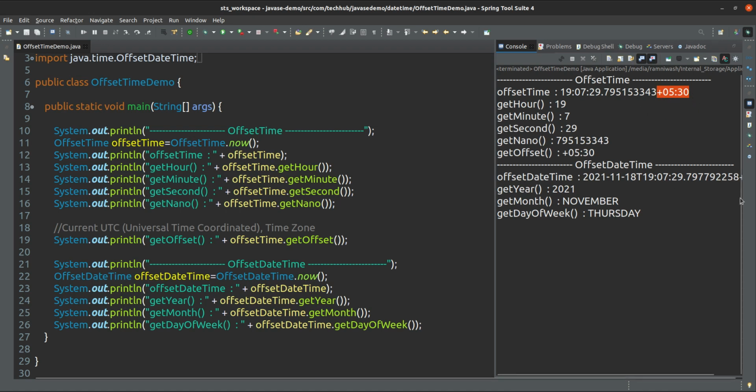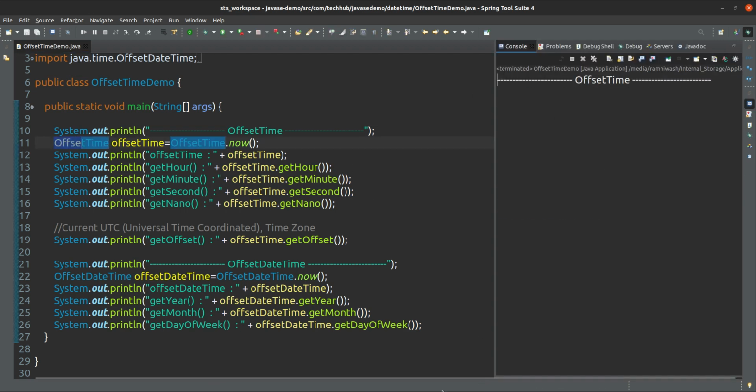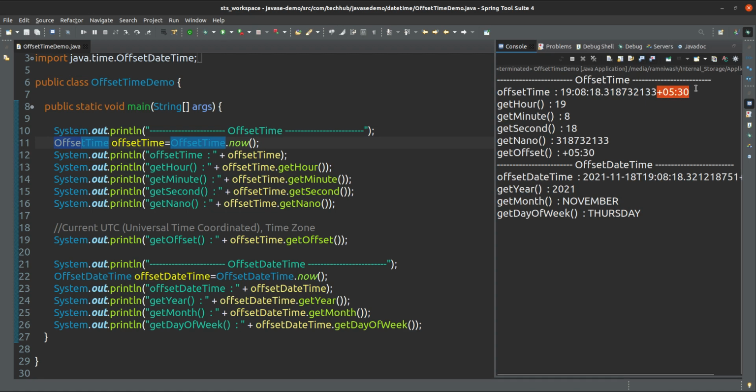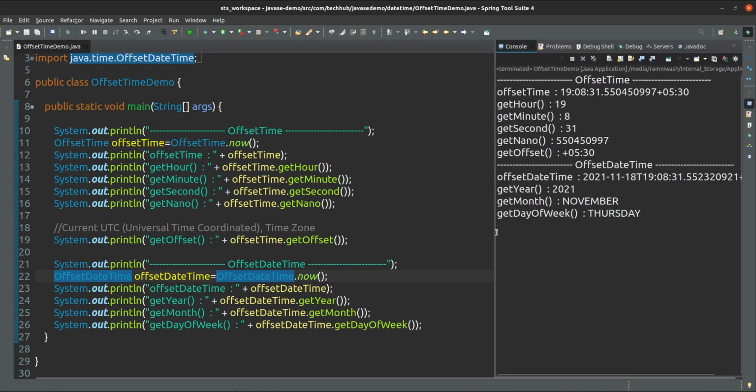So this is the use here. Other methods are the same, like get hour, minute, second, nanosecond or offset. This is offset, that's why they have given offset time. Offset time means it will give the time, and along with that it will give the offset value also. Here if you do get day on offset date time, it will get the date and time both, and it will give the offset also.